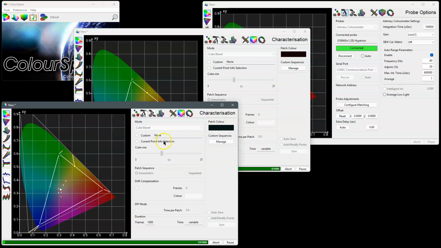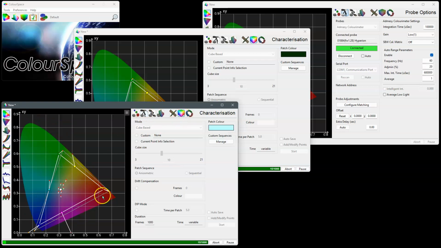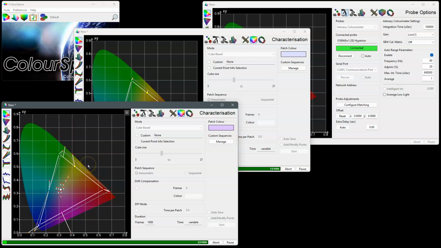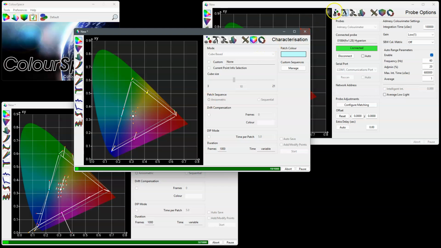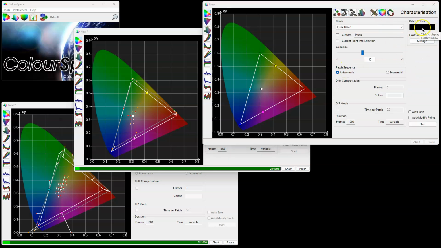Now you can see that the ASUS internal has already got some measurements that are slightly off, but this is expected with that probe on these settings on what is a quantum dot OLED. It basically can't read the low light levels that accurately, but that's fine. The I1D3 is cracking away there, and we'll go into the ADMC, and again we'll do the same into characterization 10 cube, pop up that patch window and put it under the ADMC and start,